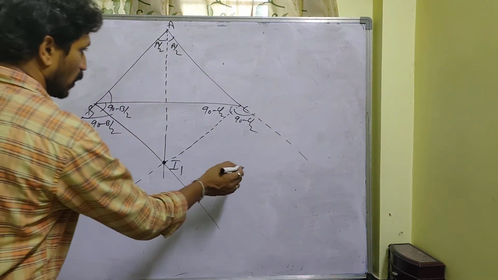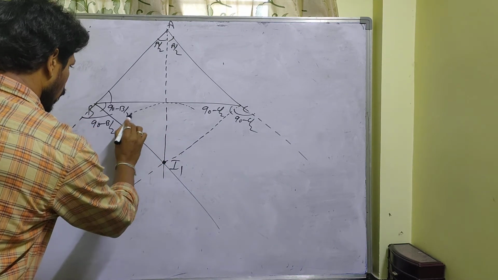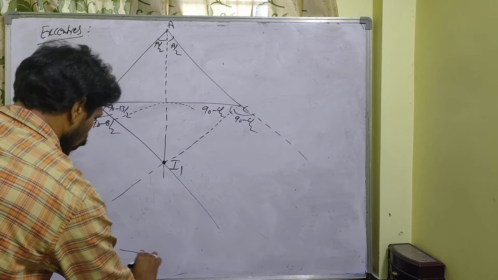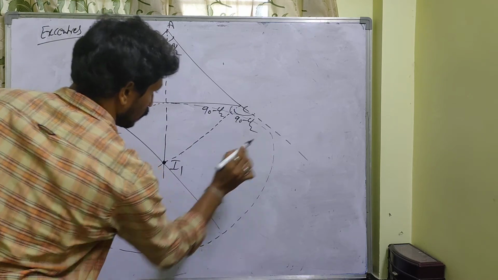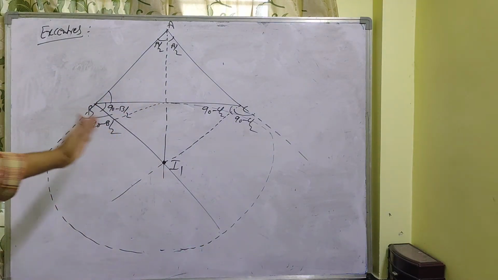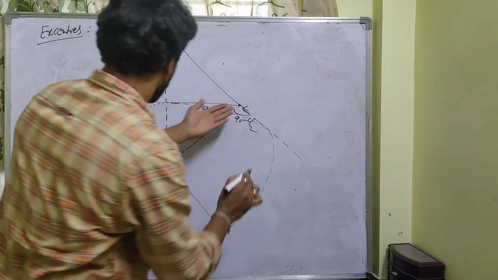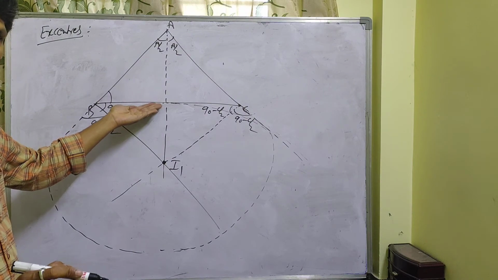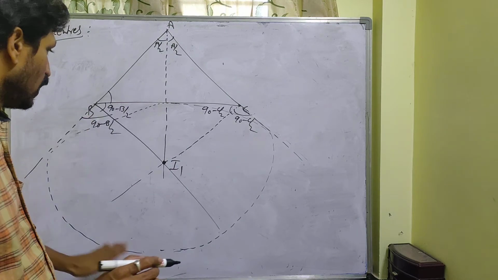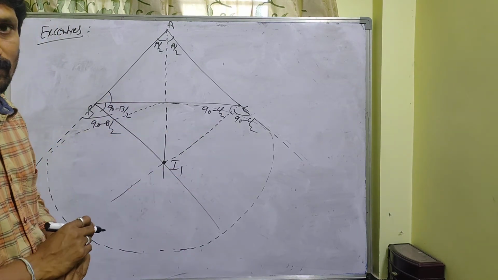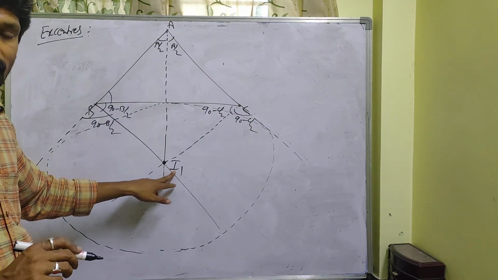In other words, the same you can draw. Actually, it is a little complicated to draw this one. Just take it like this. You can draw one more circle like this. Actually it is not exactly a circle, so understand this is like a circle. This circle touches all these sides. This is one side, and these 2 are the extended sides of AB and AC. So this circle touches these 3 sides. This is I1, that is the excenter opposite to A.